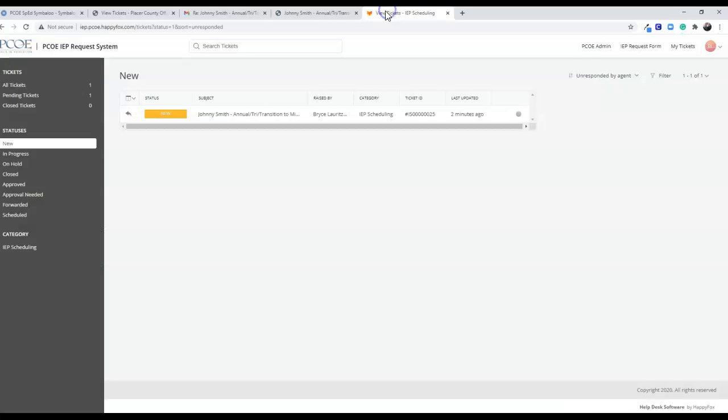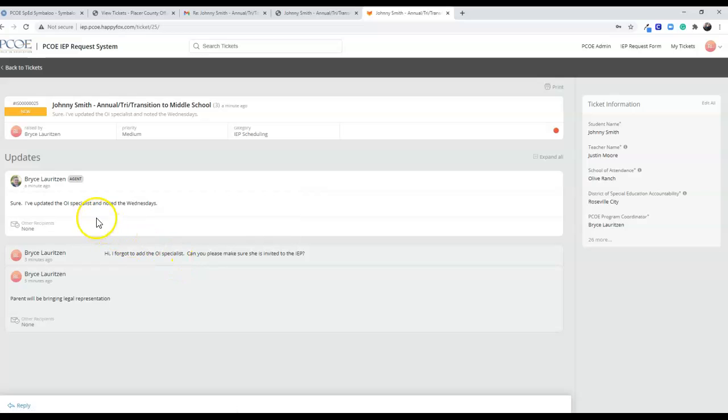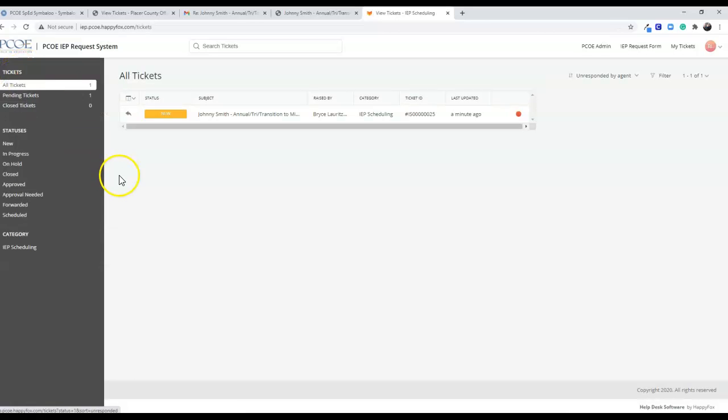If you want to, you can go right into your email and log back in to your account. And all of those have been tracked inside of here. So you'll be able to see all of those different communications which are happening and be able to track all of your tickets. So what I'm going to ask everyone to do right now is please make sure you submit